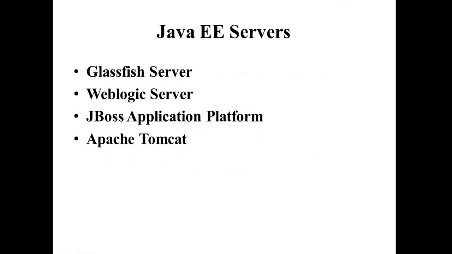First of all, you can see the different types of servers which are used in web applications. The first one is the GlassFish server, the second is the WebLogic server, then the JBoss application platform, and the Apache Tomcat. GlassFish is the inbuilt server for NetBeans, which will be used for performing web applications. WebLogic is given by IBM. JBoss application platform is also given by IBM. And Apache Tomcat is an old version, used when we did not have the latest web application servers. So before GlassFish, we were using Apache Tomcat for running the applications.